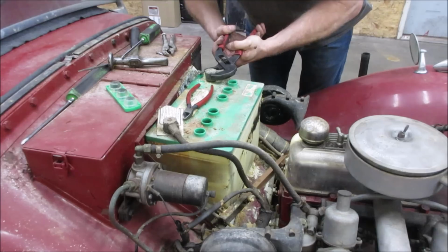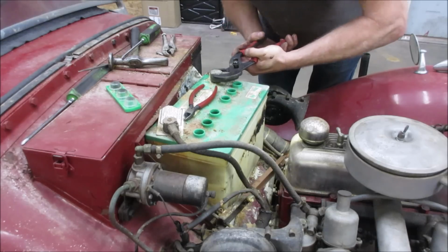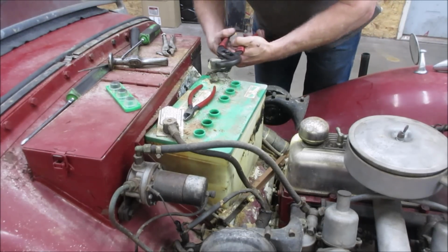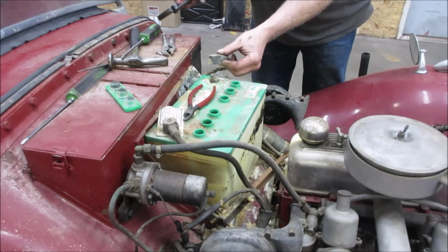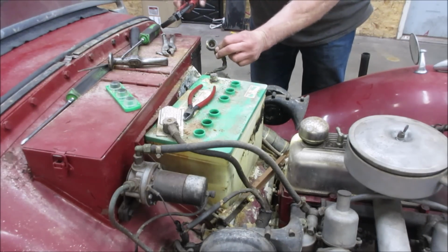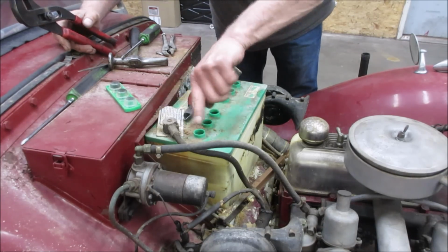I'm gonna break the top of the battery off. There's that. There it goes. Did you break it? Nope. So it's a regular terminal. They drill through the center of it and screw it down. That is pretty weird. I'm gonna go take a grinder, grind the head of that one off and see if